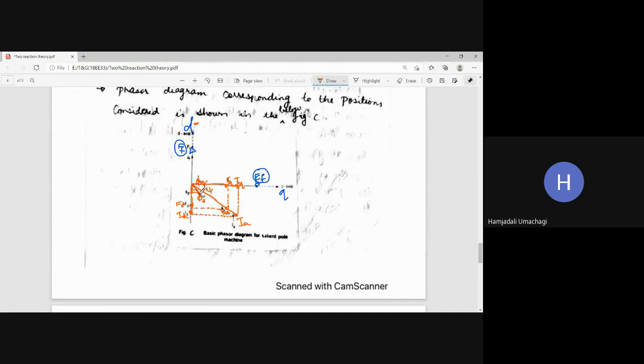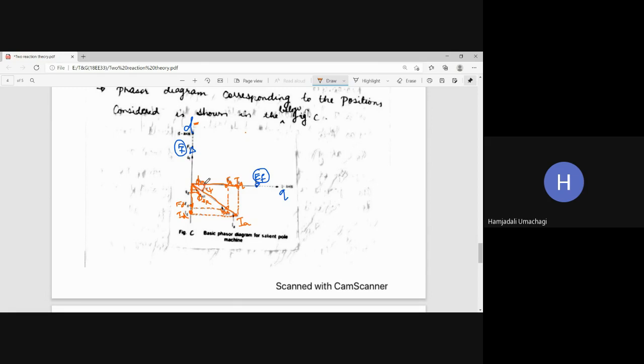And now if you see here, this psi AR is not lying in line with the FAR and IA. Here you can see that IA and FAR both are coming in the same line, in line with each other. But the psi AR line, this flux because of the armature reaction, is not in line with FAR and IA. Can you notice this difference? Yes, sir. This psi AR is close to the direct axis and away from the quadrature axis.